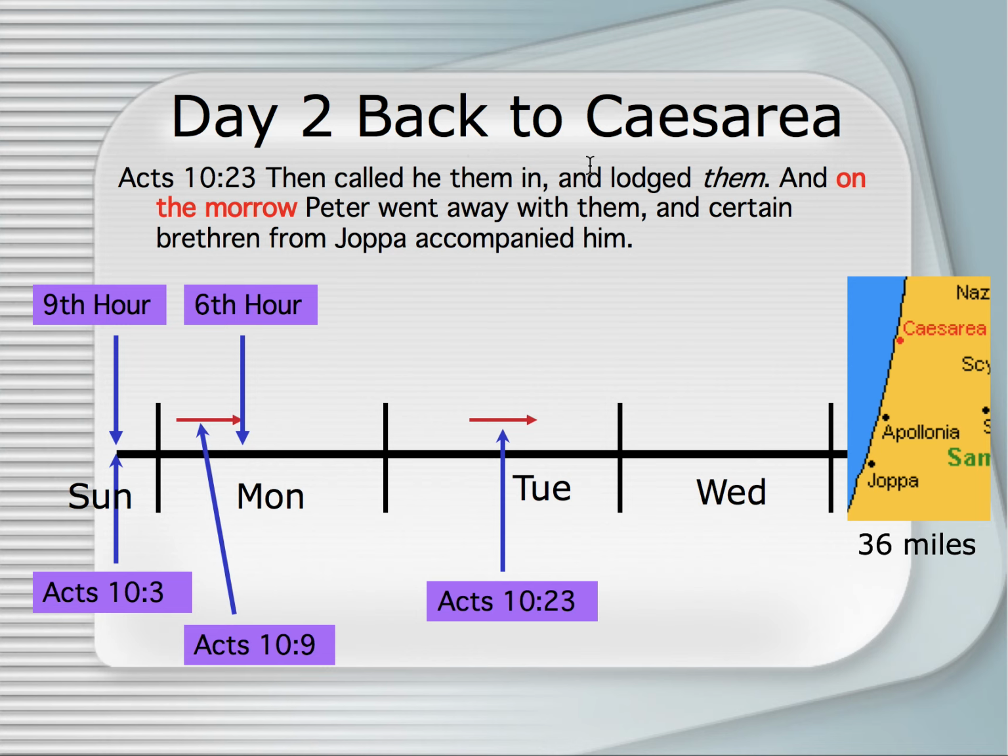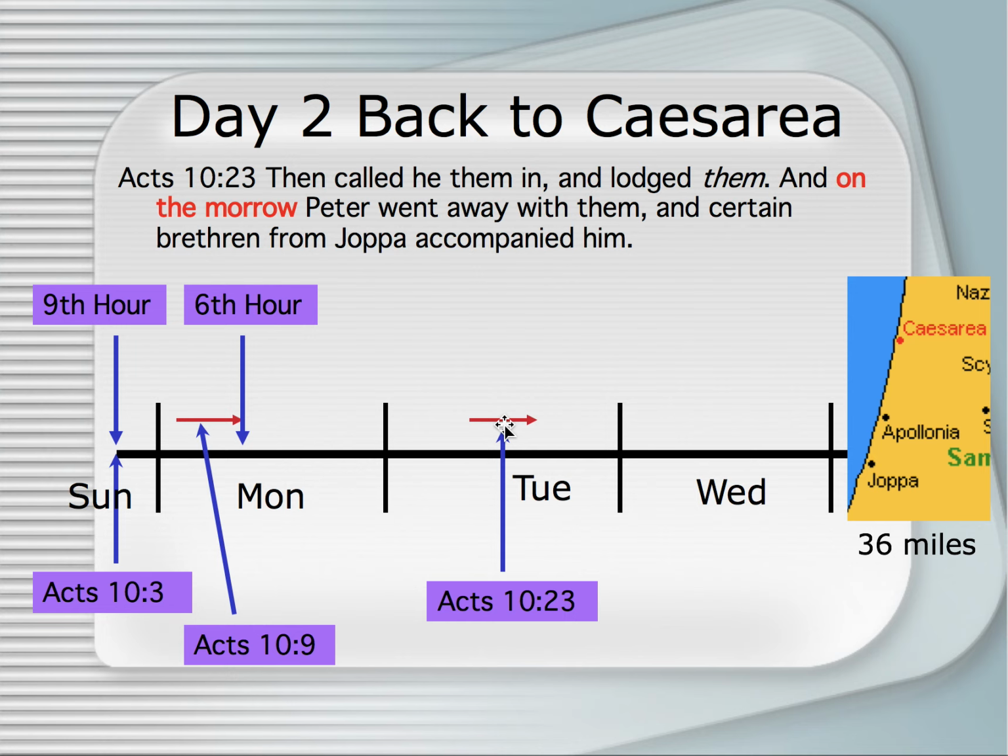So Peter calls them in, lodged them, and on the morrow, Peter went away with them, and certain brethren from Joppa accompanied him. So Cornelius prays. The next day, he sends some friends to see Peter, and then verse 23, and on the morrow, Peter joins these men, and they must have been quite fit to walk a whole day from Caesarea to Joppa,